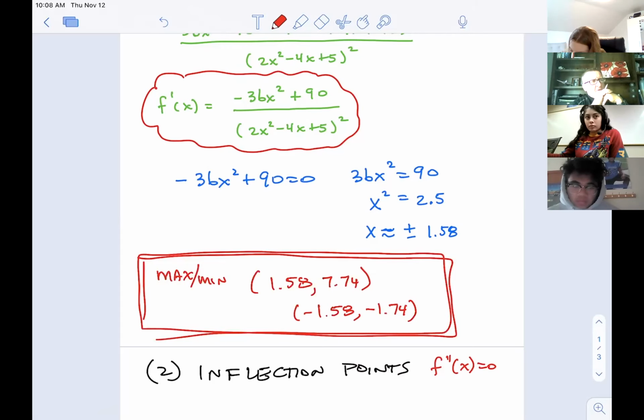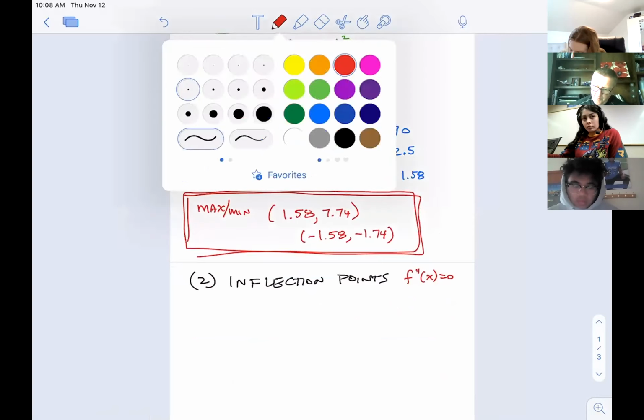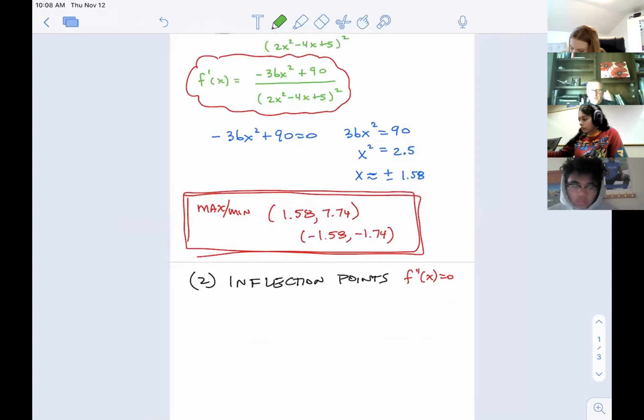So that wasn't terrible. The algebra wasn't terrible. I just ended up solving this squared equation. Not so bad. All right, let's proceed to inflection points. Inflection points is when the second derivative is equal to 0. So this is why I highlighted the first derivative, because now I need to take the second derivative. And so again, I see